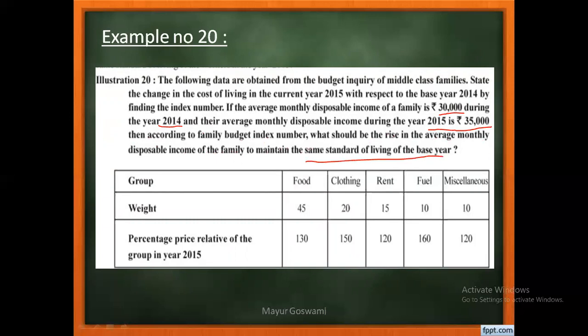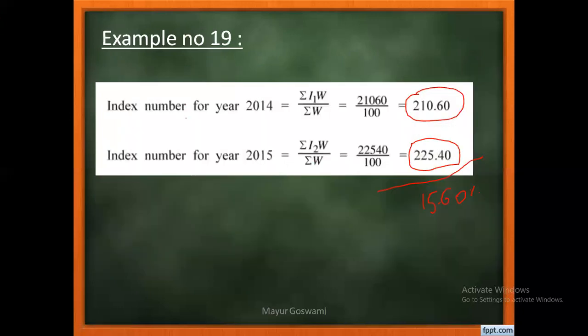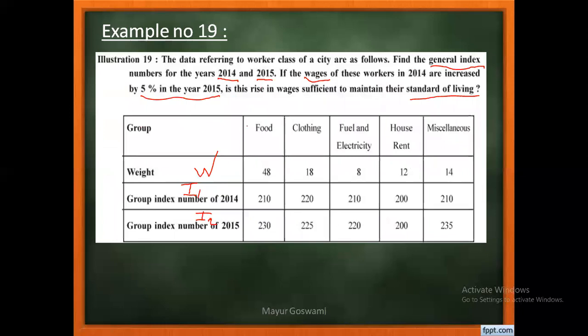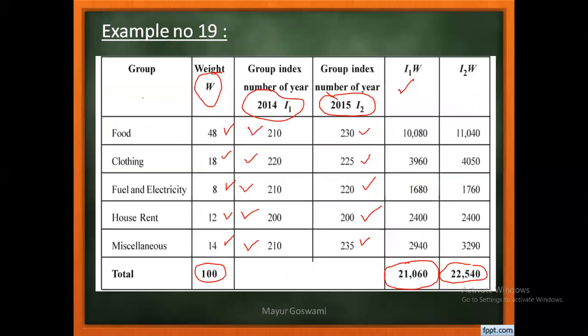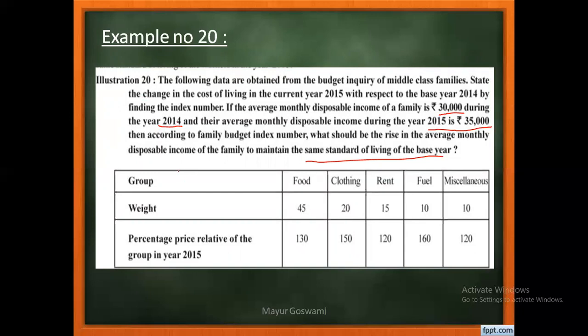Try to understand what happened here. If we compare this sum with the previous one, in the previous sum, directly the percentage increase of their income is given, which is 5%. Here it is given indirectly. Here you have to find out how much percentage increase in their income, and how you can calculate. Try to understand. See, in the year 2014 their income is 30,000. In 2015 it is 35,000, right?